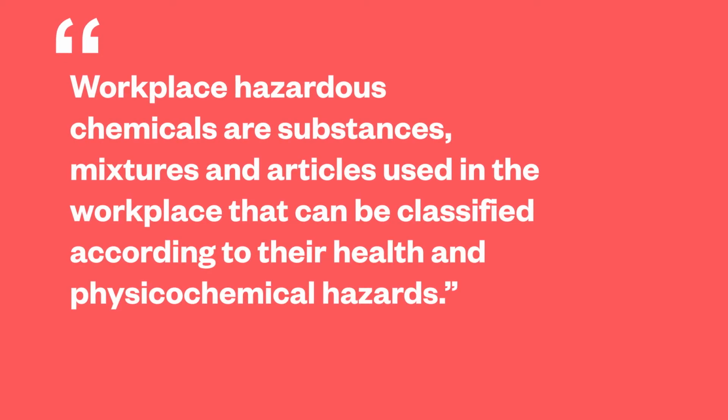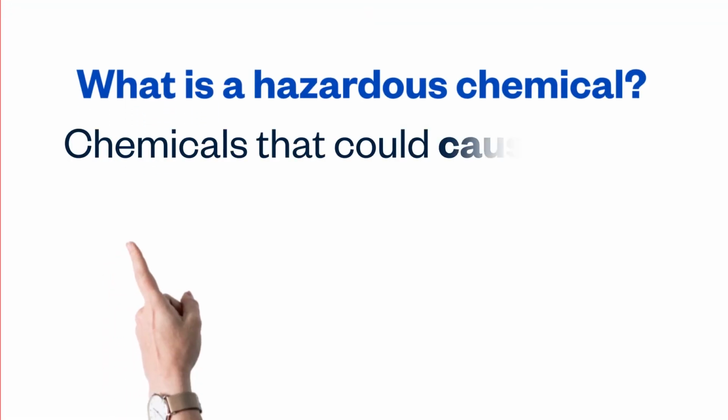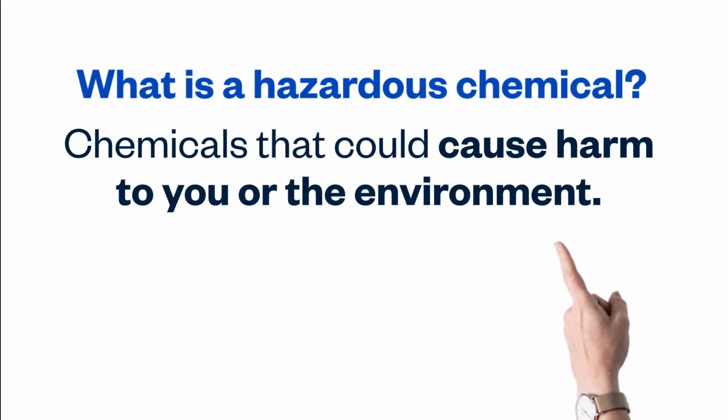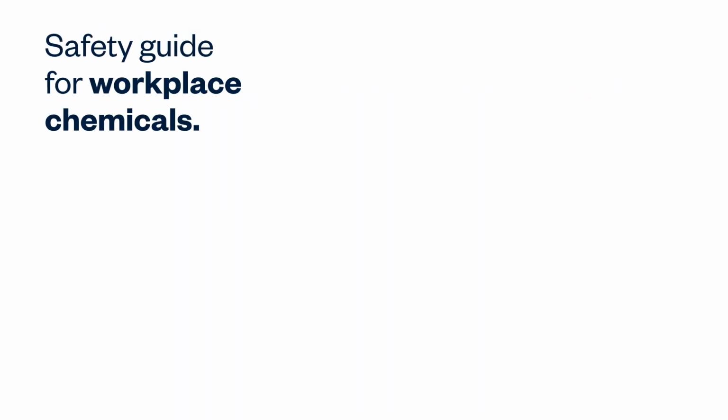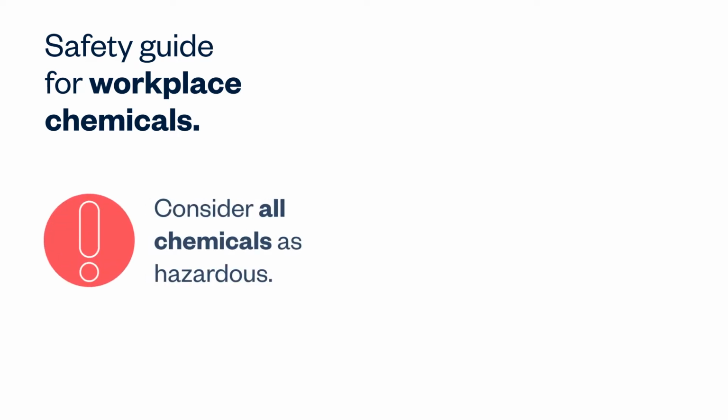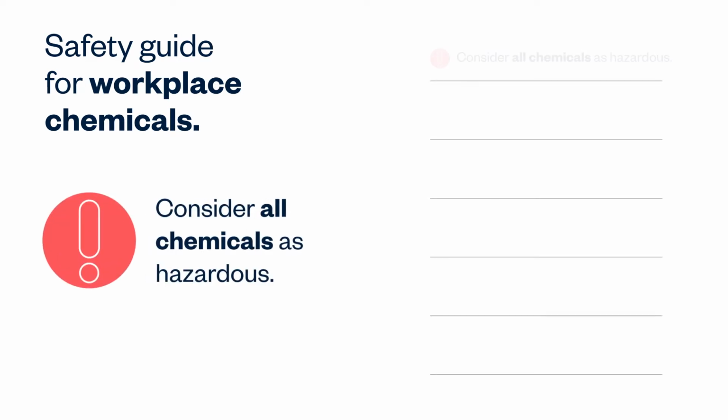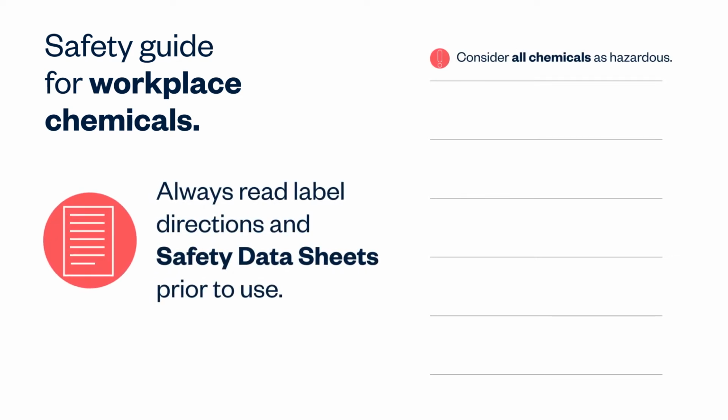A hazardous substance is defined as any substance, mixture or article classified as hazardous according to the criteria of Safe Work Australia. Or more simply, it is a chemical that could cause harm to you or the environment. When working with chemicals in the workplace, extra care should be taken to avoid exposure. Consider all chemicals as potentially hazardous and always read the directions for use on the label as well as the